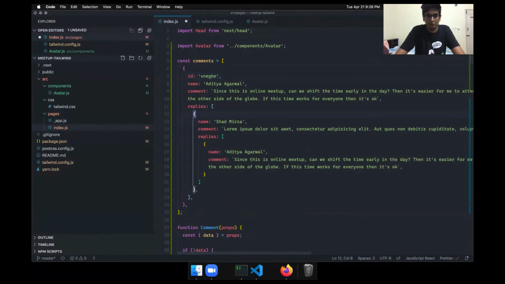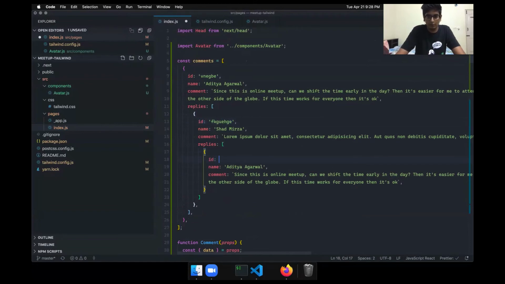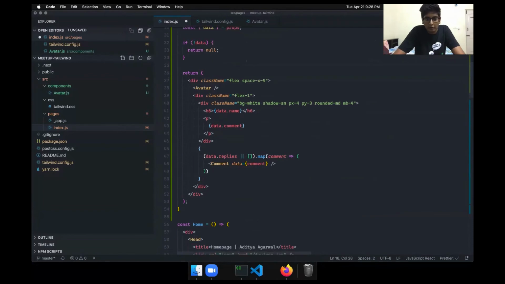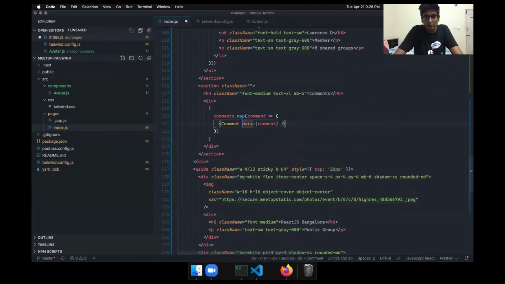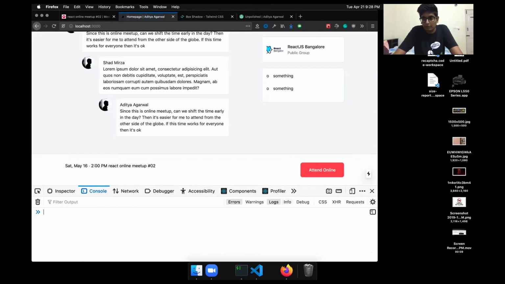For the replies, there should be some ID. So now for the data.replies, we'll do key equals comment.ID, and similarly here we'll say key equals comment.ID, and that is gone.